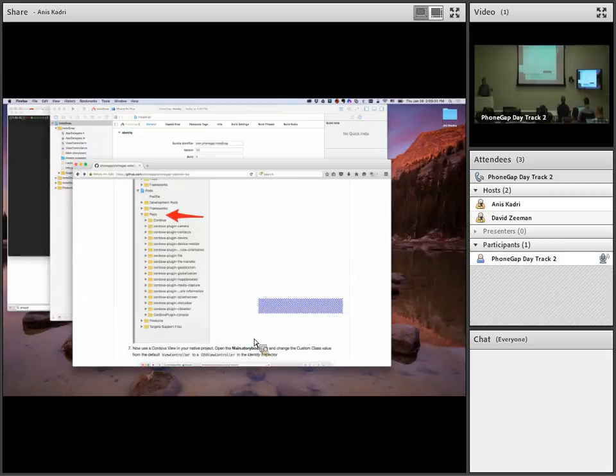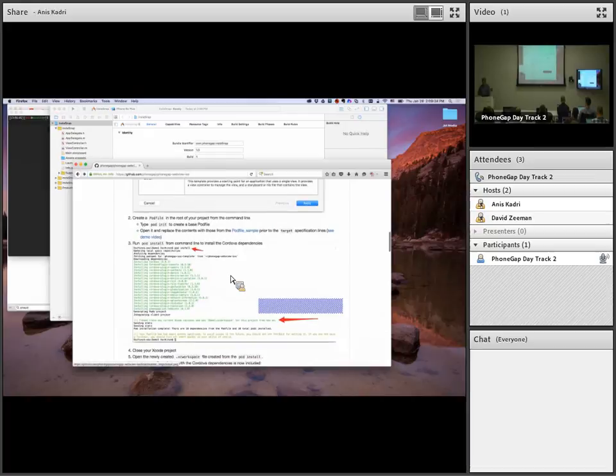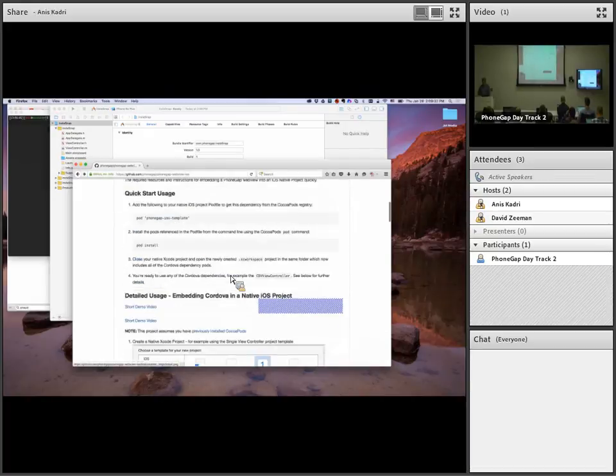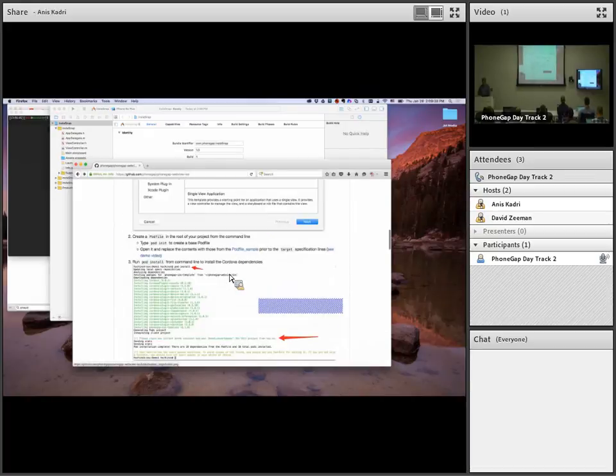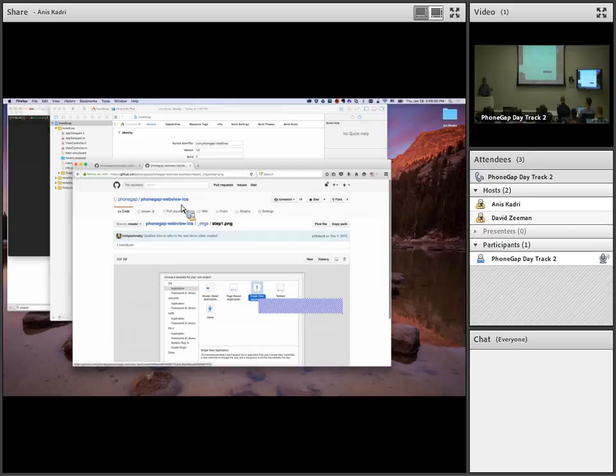So we're just going to follow the steps that are in the PhoneGap WebView iOS repository. It says you need a Podfile. Is anybody familiar with CocoaPods? Two people? Three? Four? Cool. I'm not familiar with them. I just started using them recently. So